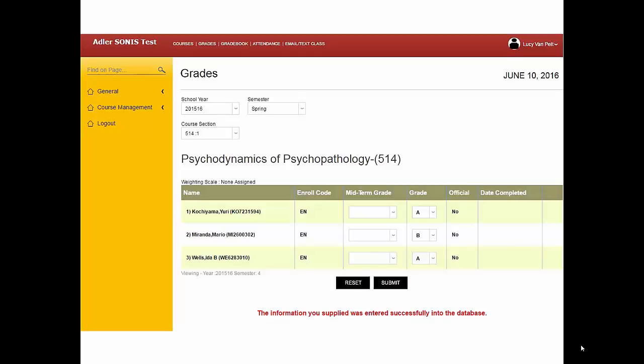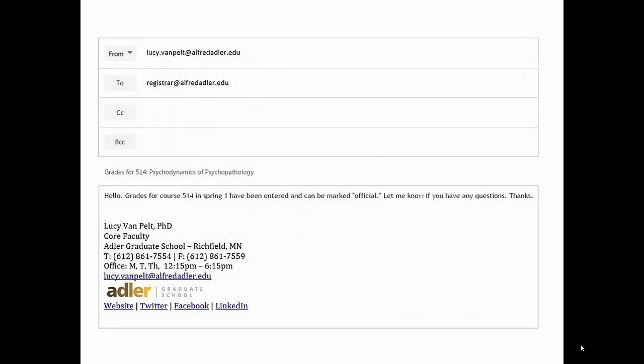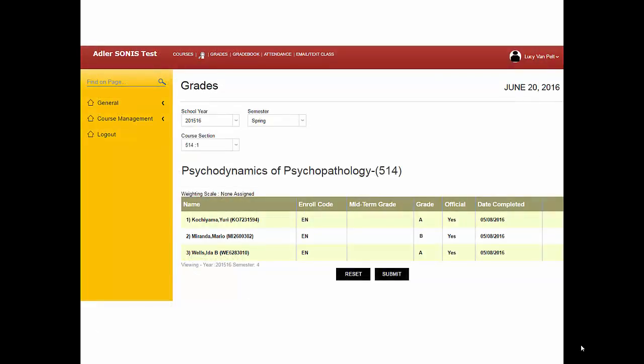One more step must be completed, however. You must send an email to registrar@alfredadler.edu to notify the registrar's office that the grades have been entered and should be marked official. Until they are marked official by the registrar's office, grades will not appear on printed transcripts and cannot be viewed